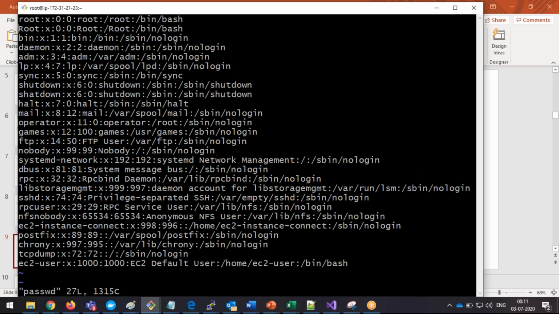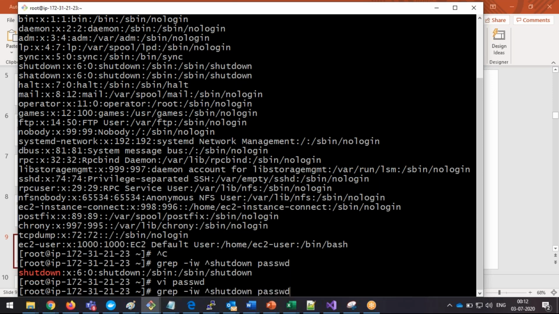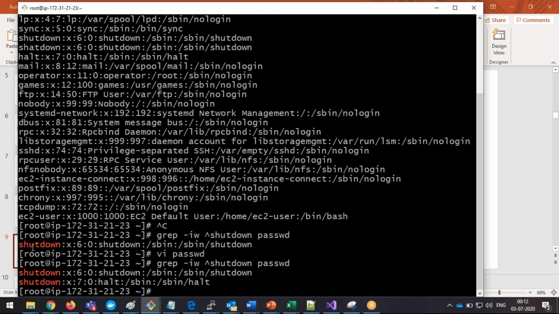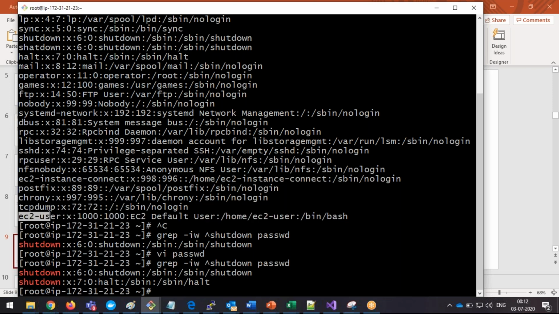Suppose I modify this one, shutdown. This is what you are saying, right? Yes, that's right. Now in two records the shutdown word is there in the first occurrence, so the two records are going to be pulled out. That is what the grep command does: each and every record will be pulled out, and in each record it will go to the first occurrence